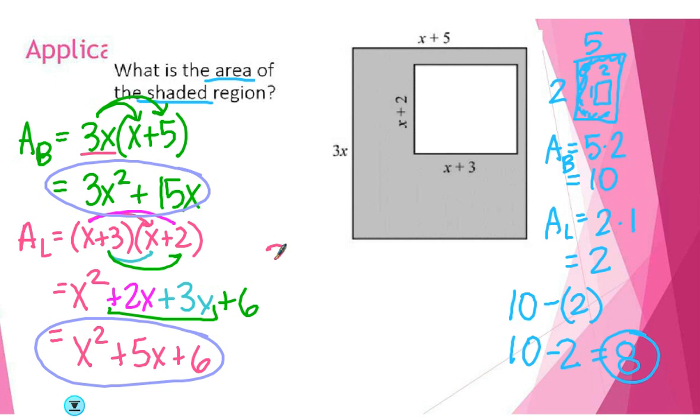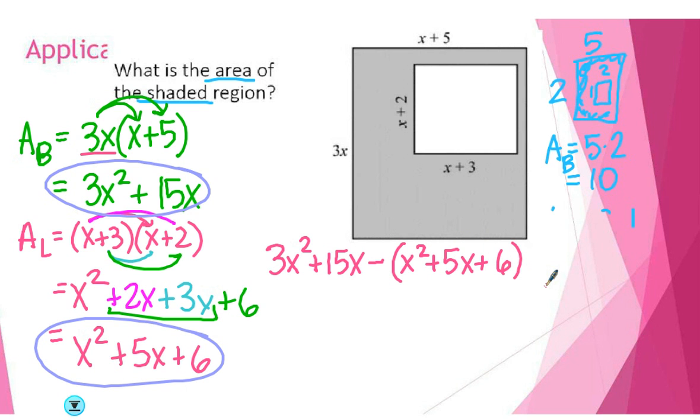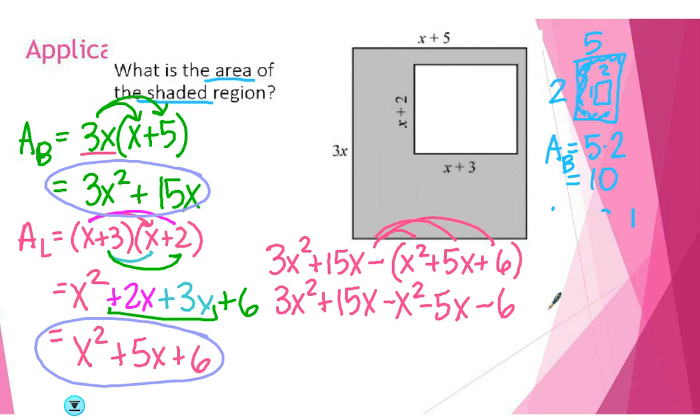So here's the area of the big one. Now here's where you have to be careful. I erase all of this over here. Give me some more space. So area of the big one minus the area of the little one. Now, since we have multiple terms, we have to put those terms inside parentheses and distribute our negative. So I get 3x squared plus 15x minus x squared minus 5x minus 6, and then I can combine like